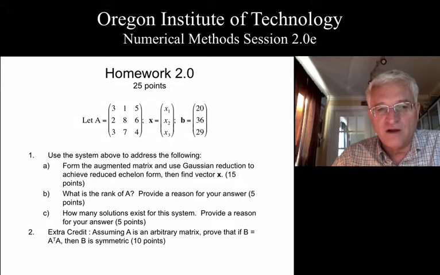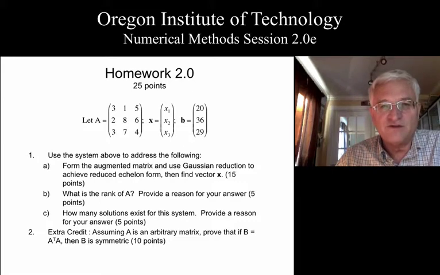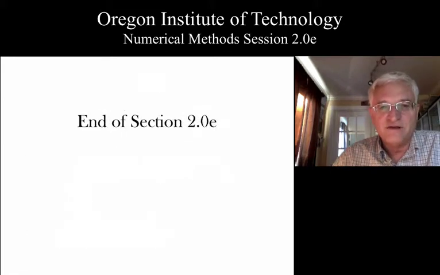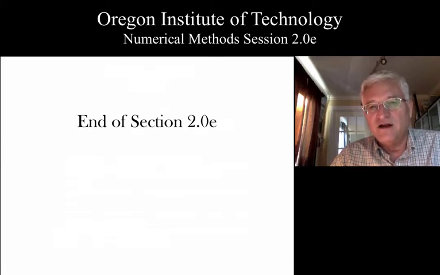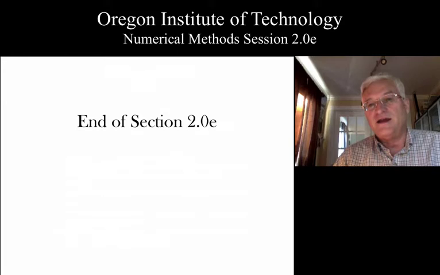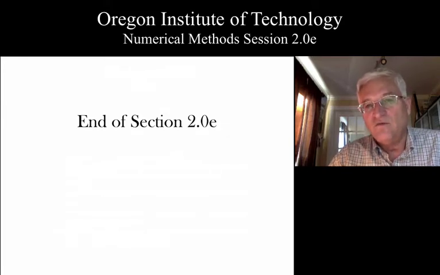Take a look at problem 1, and if you'd like, also the extra credit in problem 2. And that might give you a little bit of practice using a manual operation of vectors and matrices before we go off and use our numerical techniques with an algorithm. So we finally got through all of our review. We now have been reminded of everything out of our linear algebra course that we're going to need for the rest of this section, and we'll start applying some numerical techniques with maybe some even different objectives starting next time.